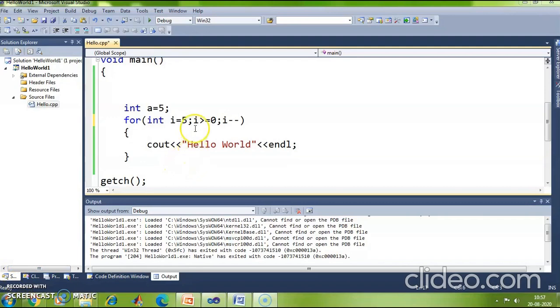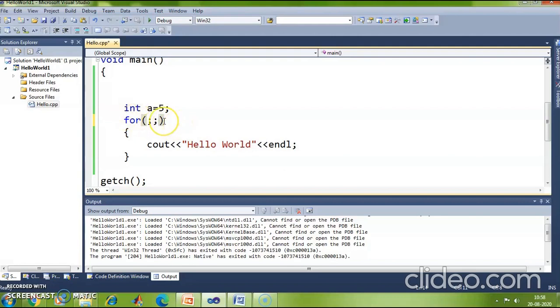Let us now consider another case wherein I do not mention the initialization variable, neither do I mention the conditional check nor the incrementation or decrementation operator. For example, I delete this part here. I do not mention the initialization variable, I do not mention the check, I do not mention the updation of the variable. So I keep it empty.